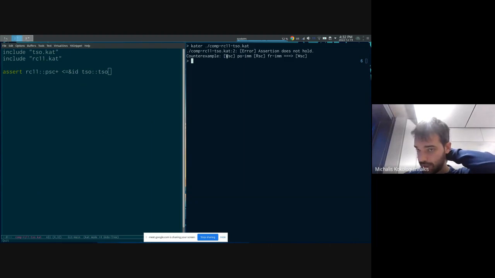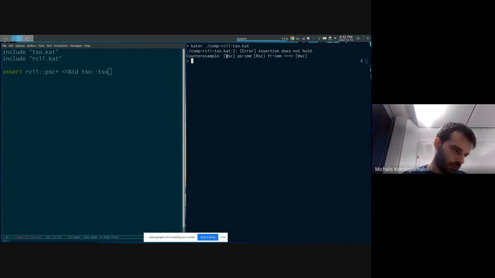And the reason why I get this is because I haven't provided Cutter with a compilation scheme. So just like in reality, where when I compile from, say, C11 to TSO, the compiler needs to insert fences in specific parts and so on, then similarly here in Cutter, I have to provide it with a compilation scheme in order for it to be able to prove this inclusion. And in fact, the counterexample that I get is precisely